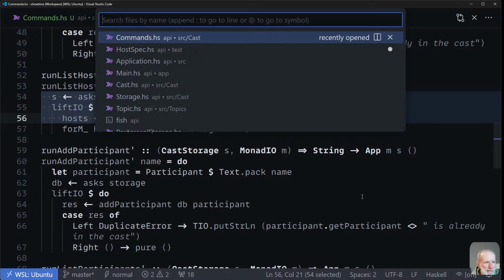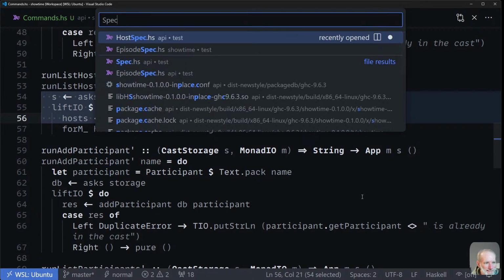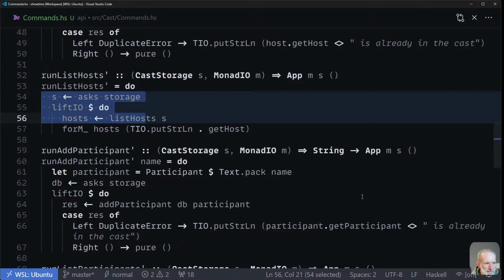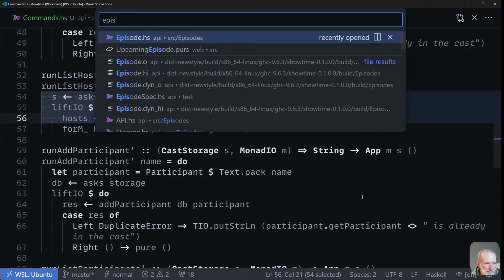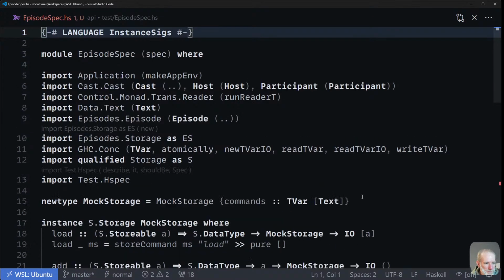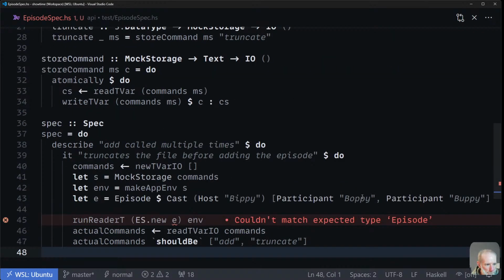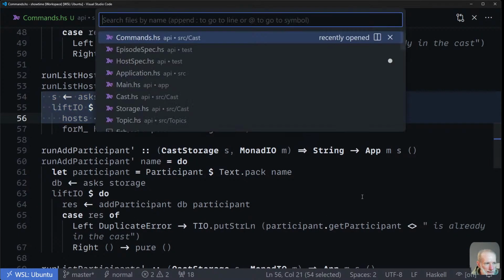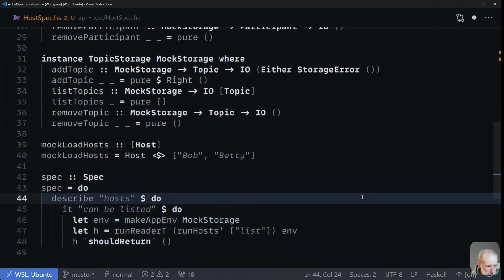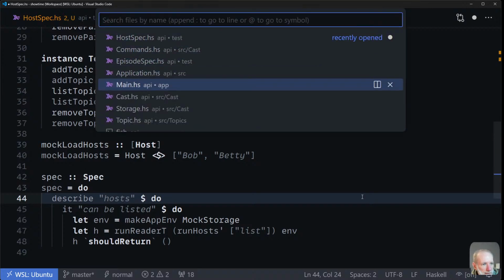Have I got any other tests? No, I got host and episode spec. And I haven't done any of this yet. Okay, maybe my spec is pointless, right? So host can be listed is not testing anything useful because we're just getting whatever storage gave to us. There is no logic to be tested. But there is a little bit of logic in